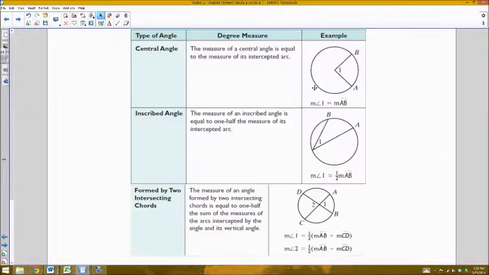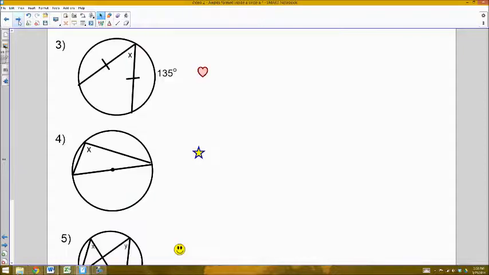Okay. Here we've talked about central angles, we've talked about inscribed angles, which are always half the measure of their intercepted arc, and we've talked about angles formed by intersecting chords, which are basically the average of the two arcs. With these relationships in mind, we can actually find more observations about relationships within circles. For example,